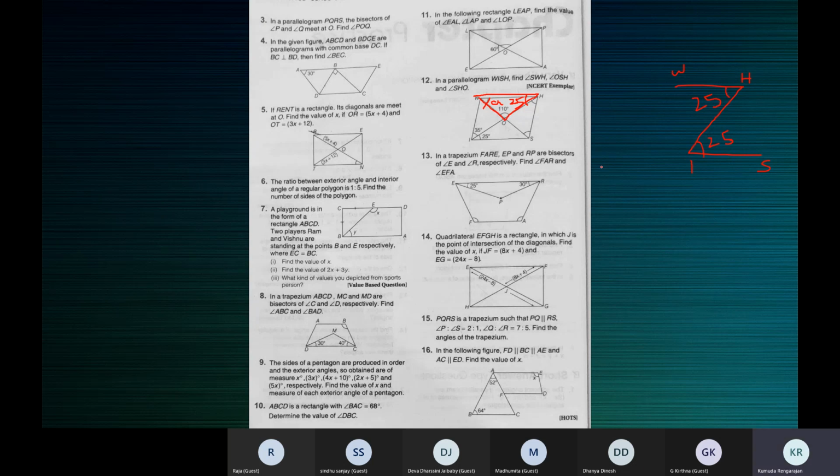If you mark A, B, C, D and all that and work the answer in your paper, your teacher will not know what you have marked as A, what you have marked as B. So whenever you use something extra, other than what is given in the figure, you should draw the figure in your book and mark all those things there. So your teacher can refer to your figure and understand where A is. So you can also use letters like this: 110 plus 25 plus A is equal to 180. So A is 45. So that means SWH is 45.